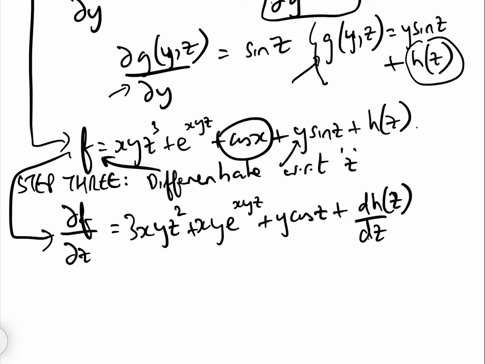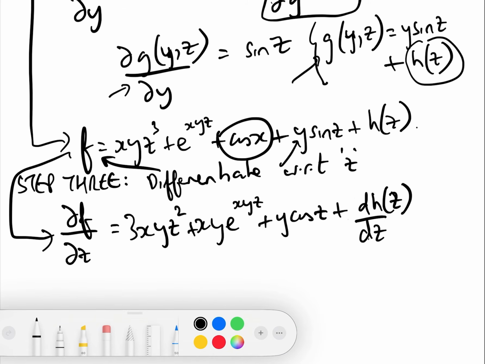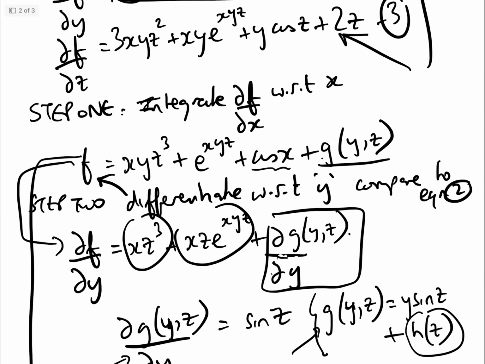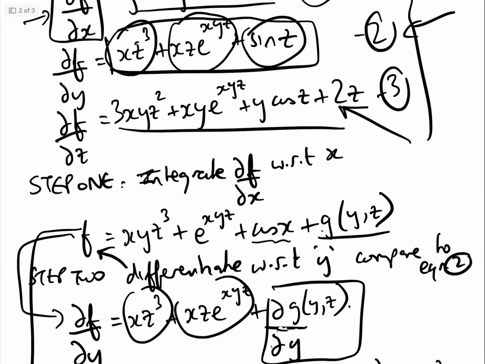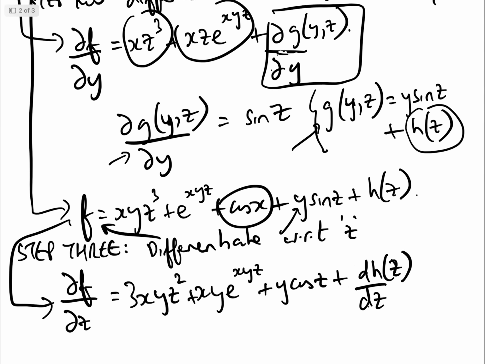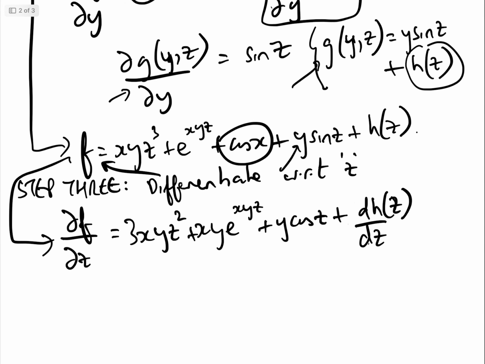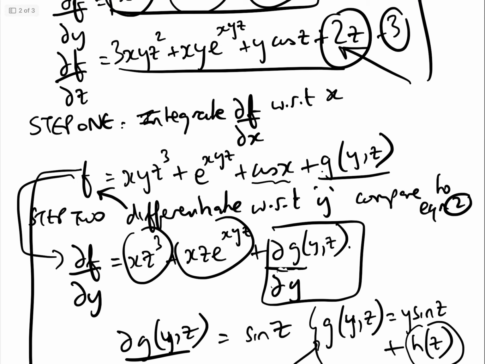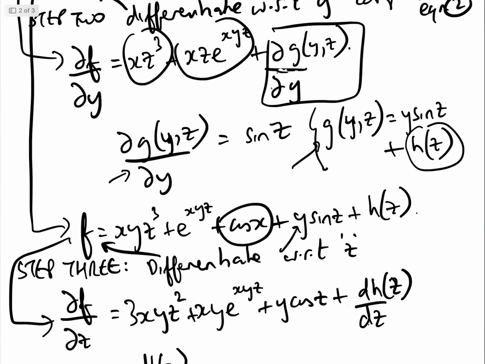Okay, and now we're going to compare that to equation 3 here. And unfortunately, we're going off the screen, but basically that shows us that dh of z dz is equal to this thing here, which is 2z,